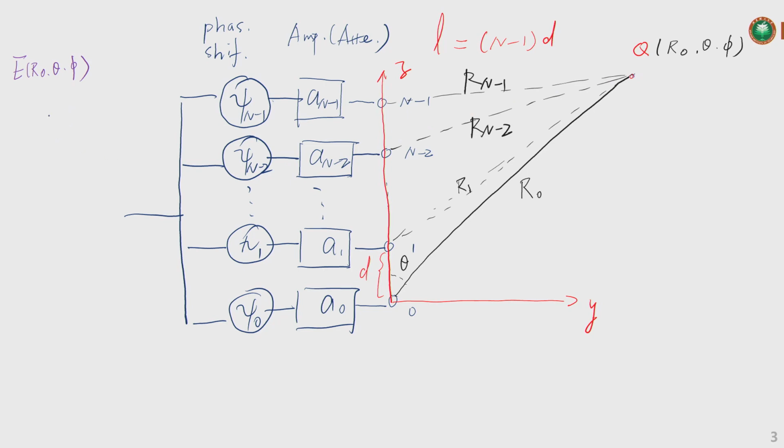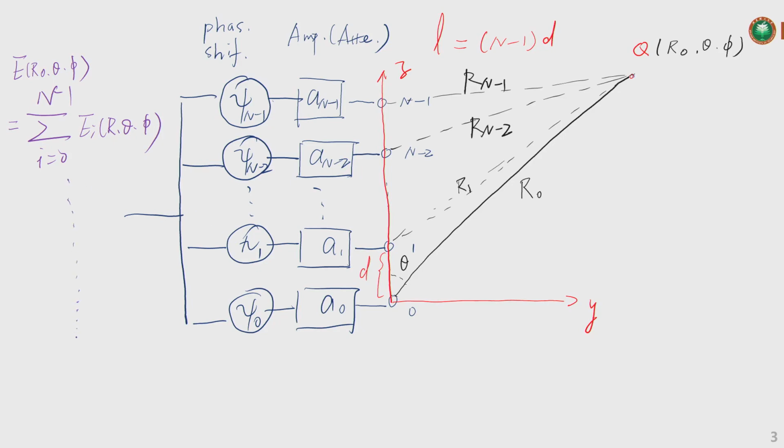So it can be expressed as the sum of the electric field of each element. Previously we said we have N+1 elements, but here we only have N elements, right? So the procedure I want to show,